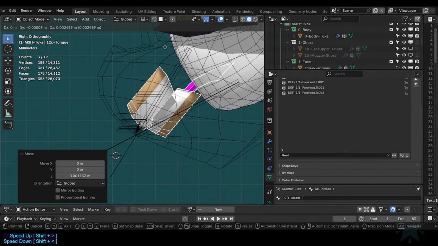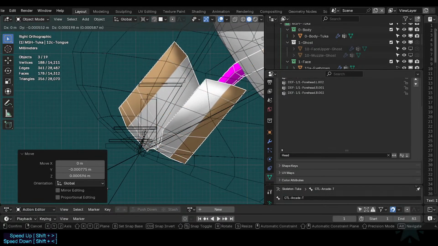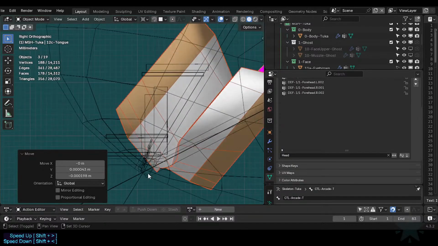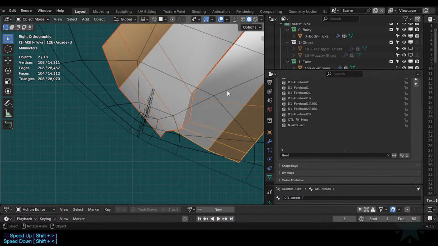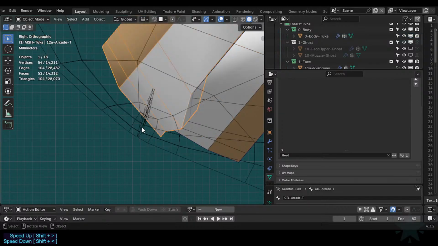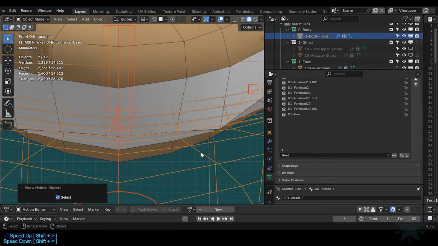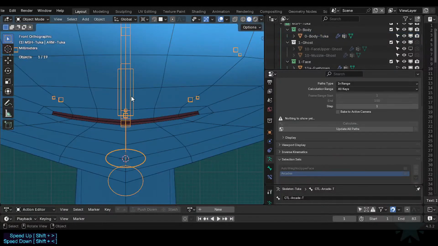Okay, so I see where the mouth is. So basically I just need to imagine a line here. It's not very easy, right? Maybe we need to hide this. Okay, the mouth is there. At this point we should better use the